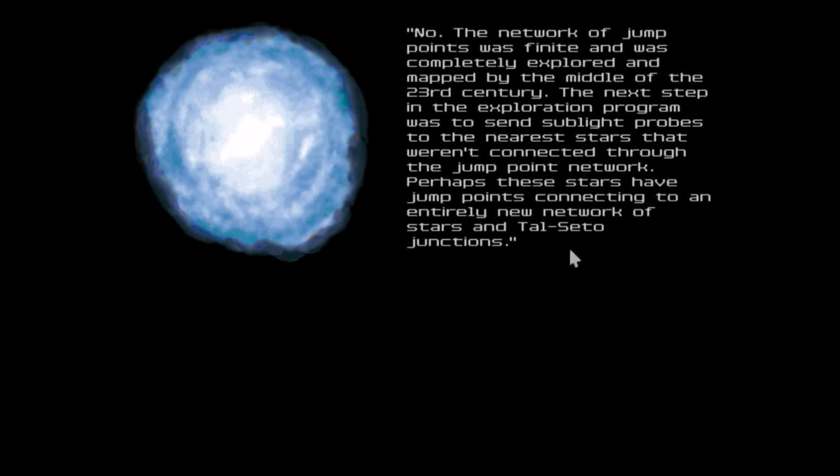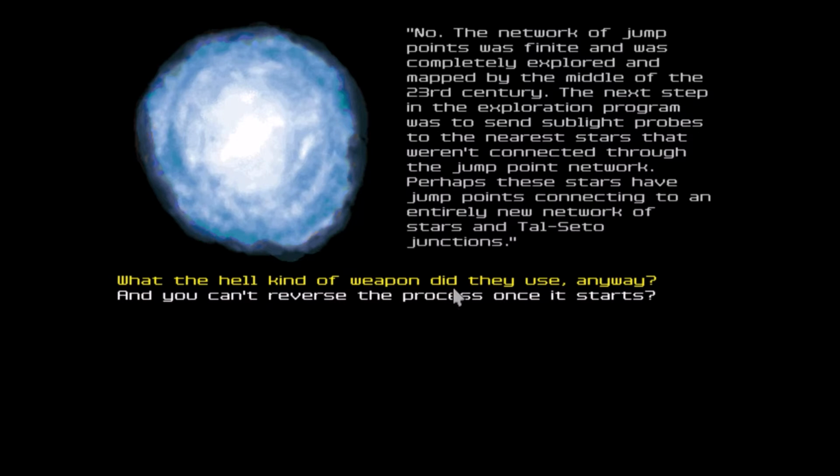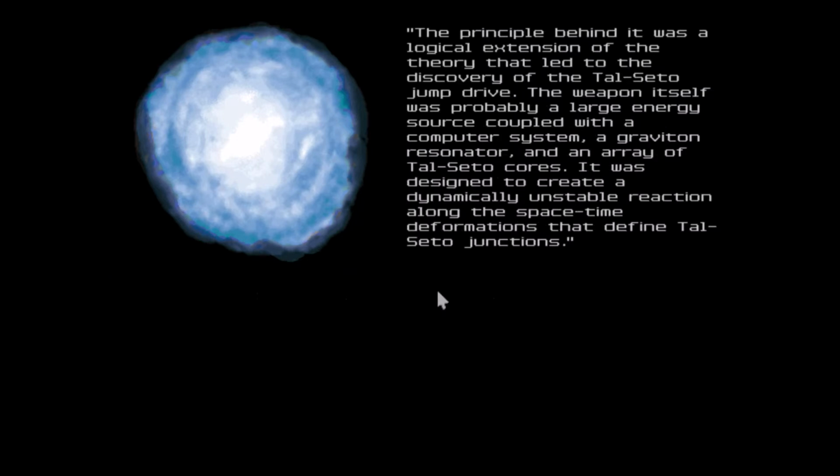Perhaps these stars have jump points connecting to an entirely new network of stars and Talsetto junctions. What the hell kind of weapon did they use anyway? The principle behind it was a logical extension of the theory that led to the discovery of the Talsetto jump drive. The weapon itself was probably a large energy source coupled with a computer system, a graviton resonator, and an array of Talsetto cores. It was designed to create a dynamically unstable reaction along the space-time deformations that define Talsetto